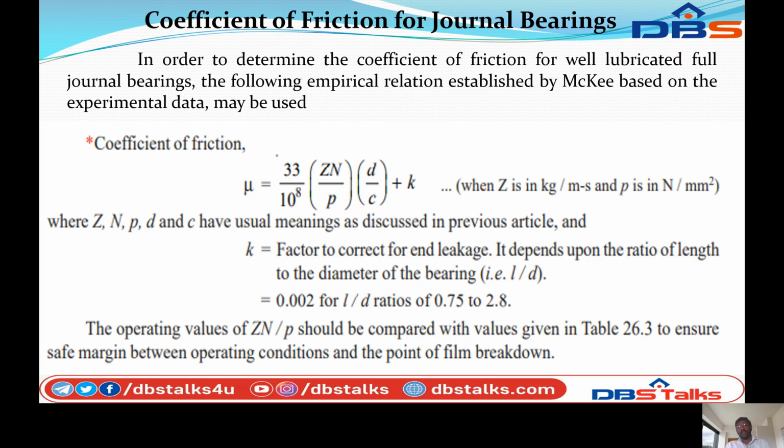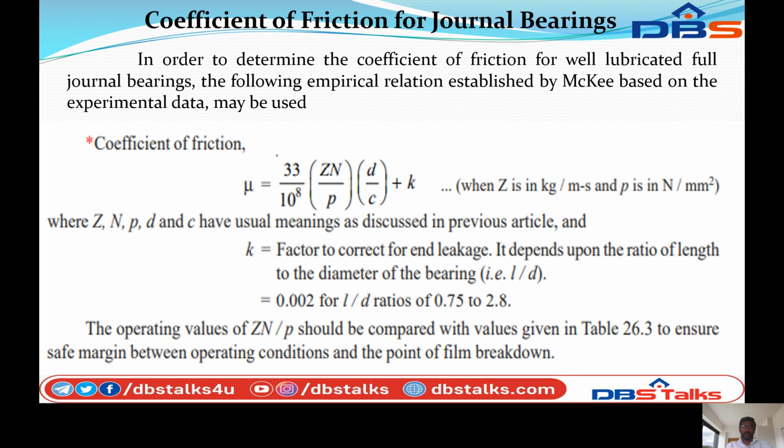Coefficient of friction for journal bearing. In order to determine the coefficient of friction for well lubricated full journal bearings, the following empirical relation established by McKee, based on experimental data, may be used. The coefficient of friction mu is equal to